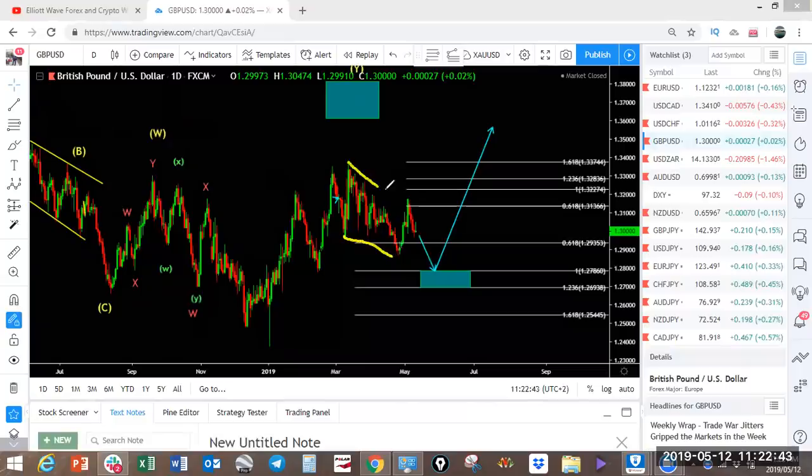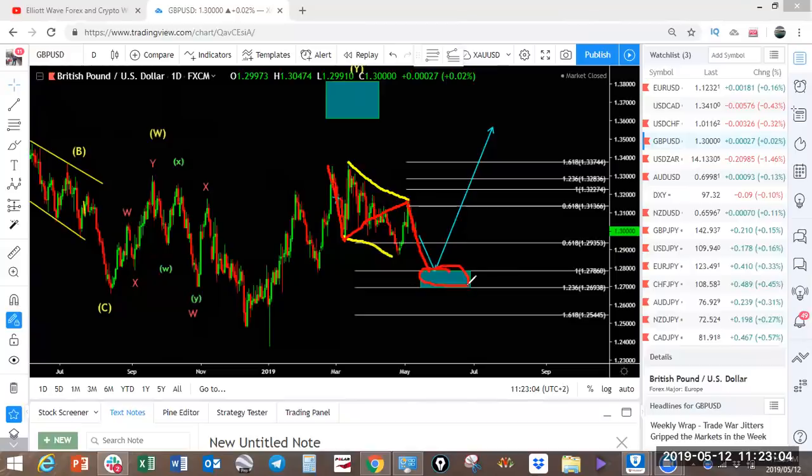So you've got this one. I'm looking at this one as a running flat. This is what we looked at in our daily webinars. One, running flat, and then we're expecting downside here. Now, this is our blue box. You can mark the blue box, check in your charts. This is where we're looking to get a reversal for one more up if the running flat is playing